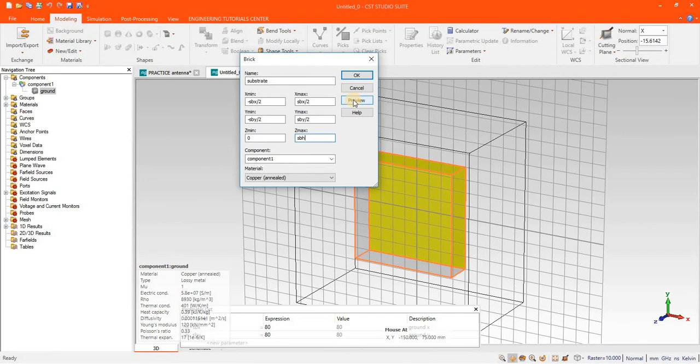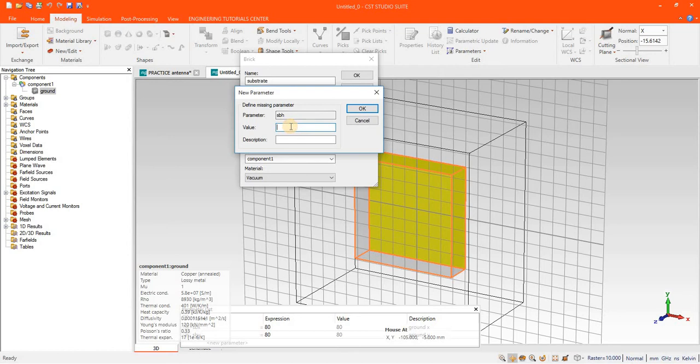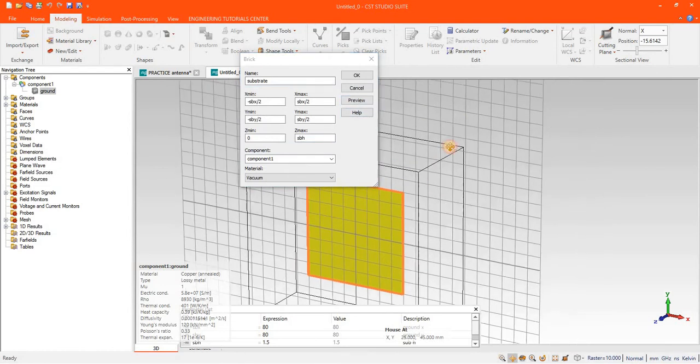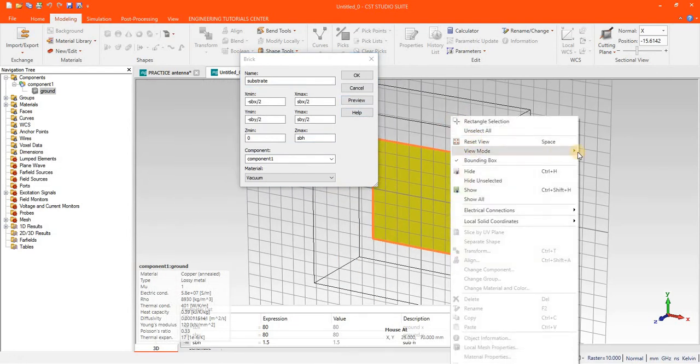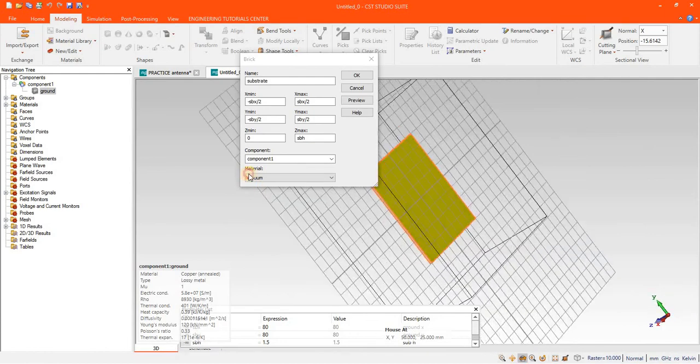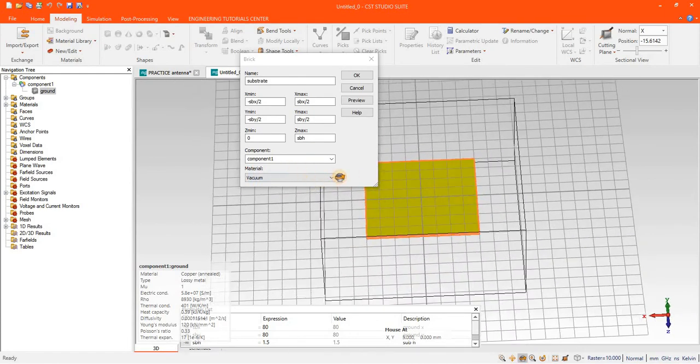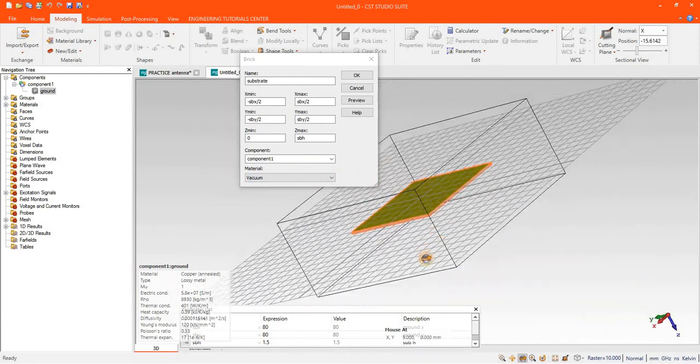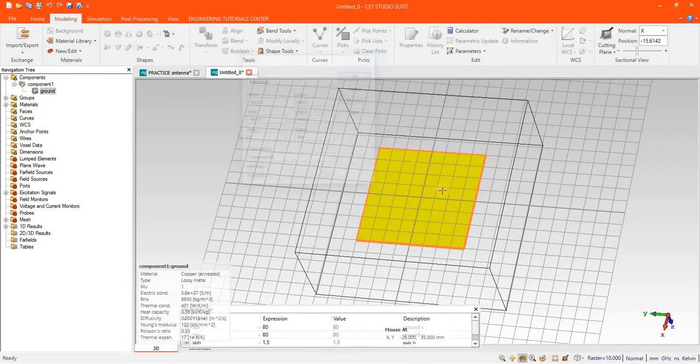Just press preview. Height is 1.5. Press OK. You can see that by rotating, this is the substrate. Just press OK.